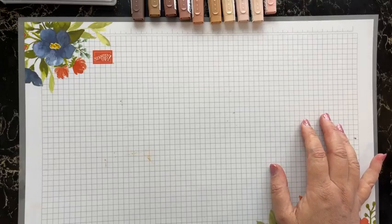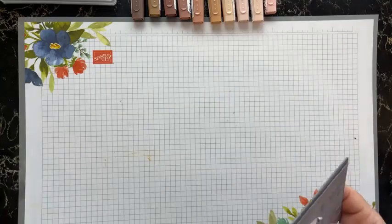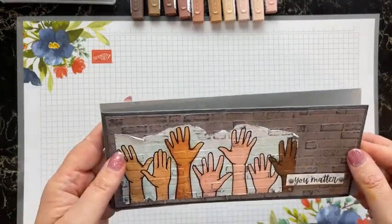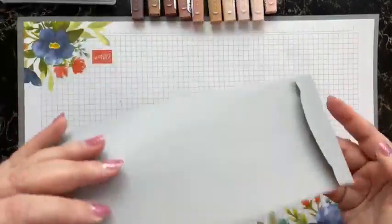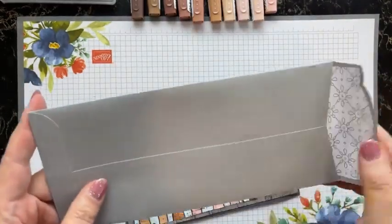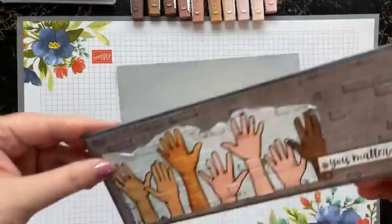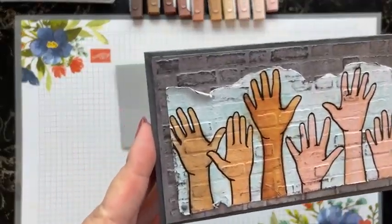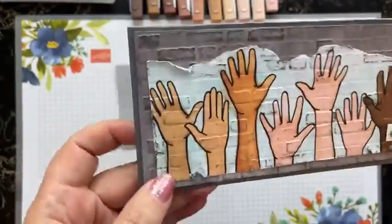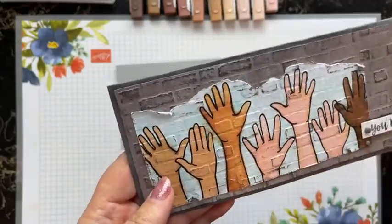Next one, also using that same paper, I did what I'd call a slimline card. Now in the Stampin' Up! January to June mini catalogue, they've got these slimline envelopes, so I made my card to fit those. So I have just coloured in the paper, and then I stuck it to the background and ran it through